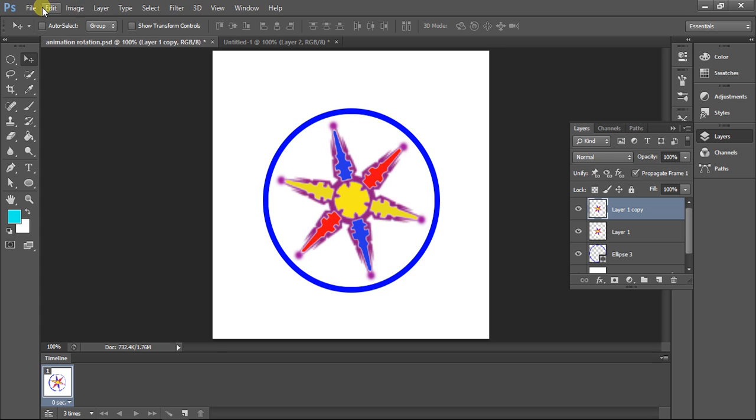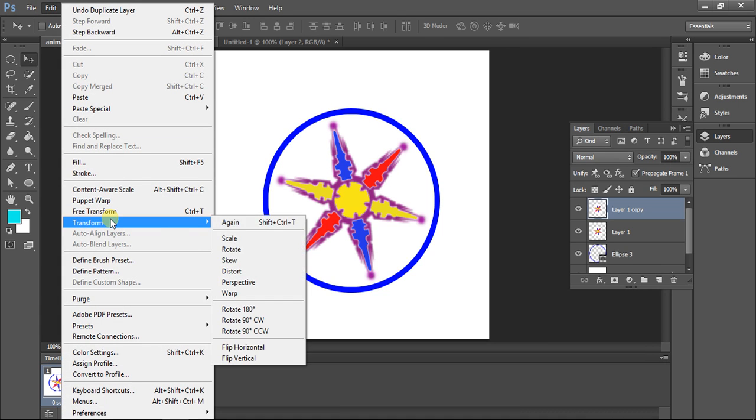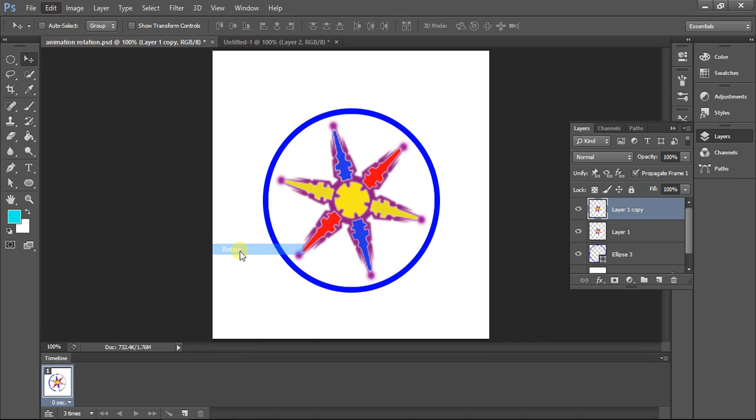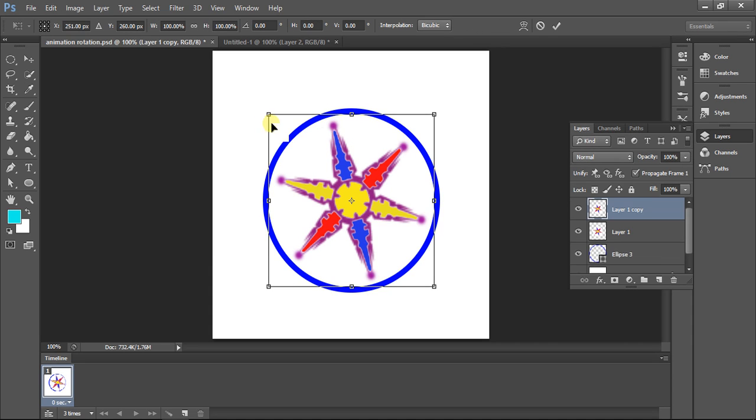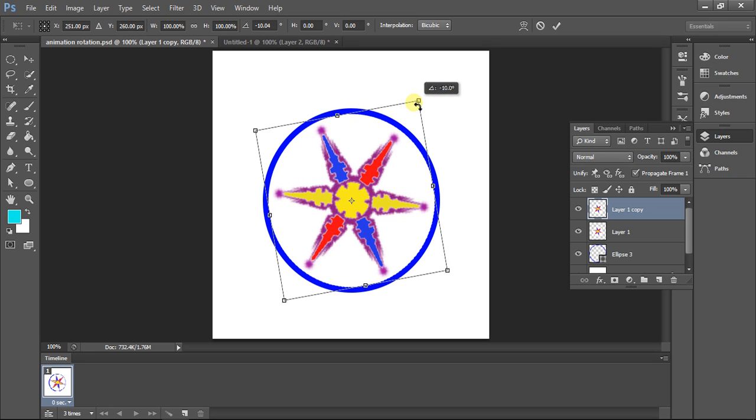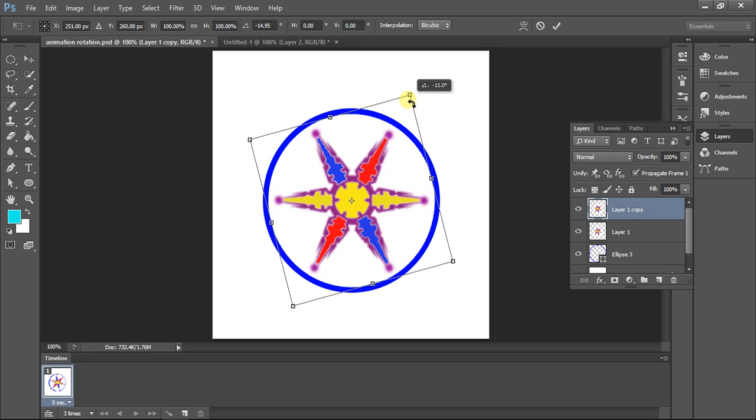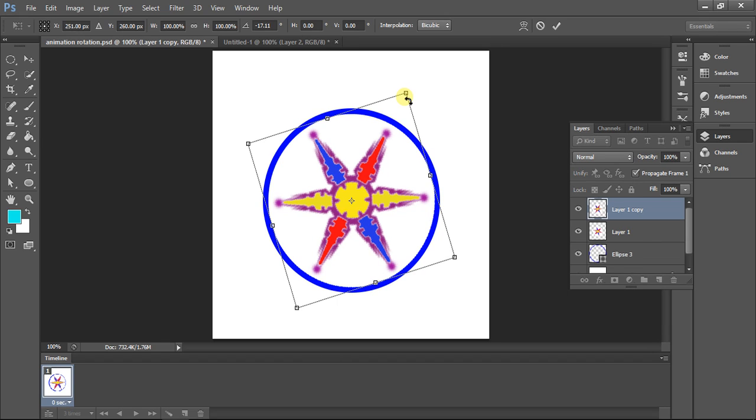Click edit and transform, rotate, and you'll see the rectangle on this image. Okay, put the arrow on the side of the rectangle and rotate the image the way you want to rotate.